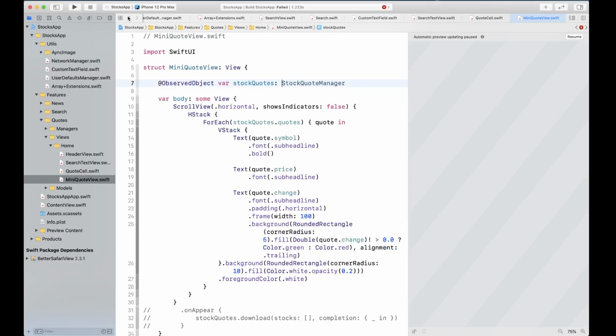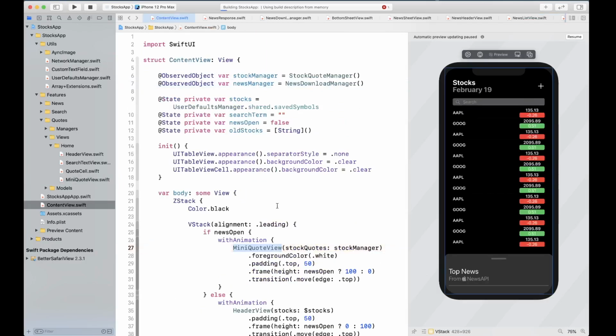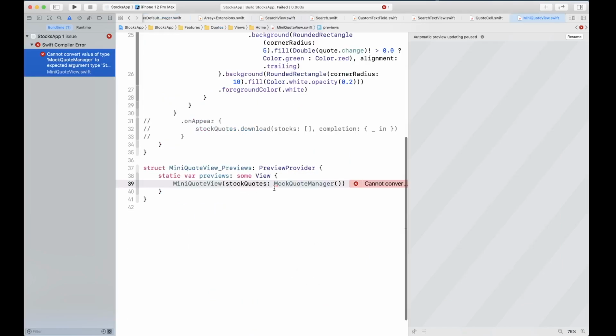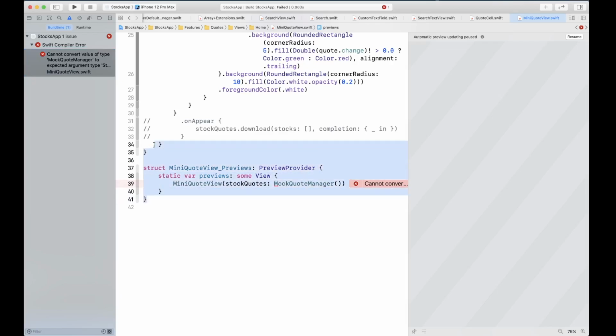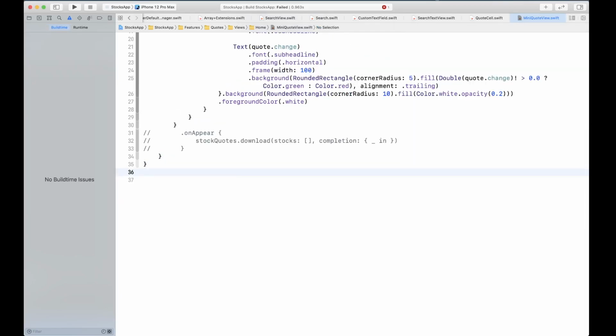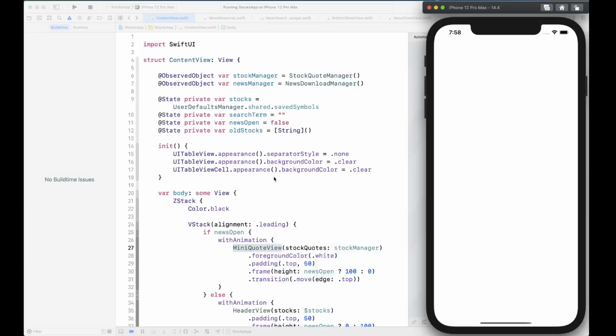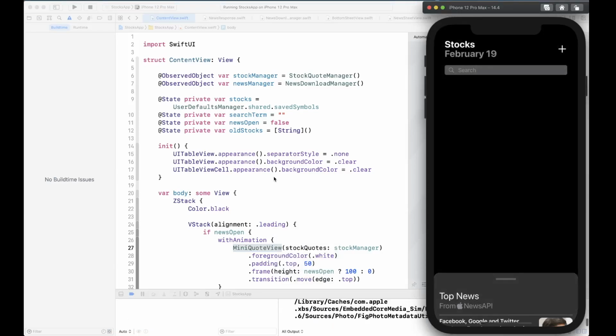Okay, so that is good. Now let's go ahead and run this. We cannot build. Okay. All right, so I'm gonna just remove this part. All right, and I'm gonna build again, and let's see if we can launch this app.